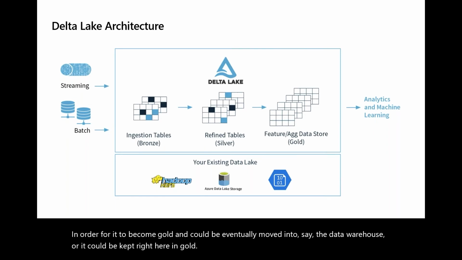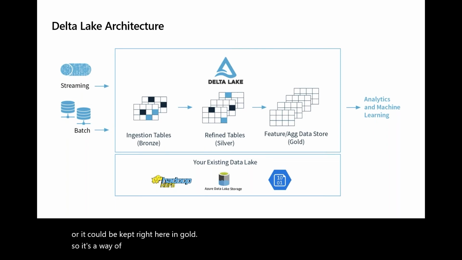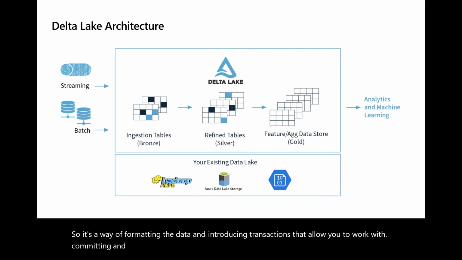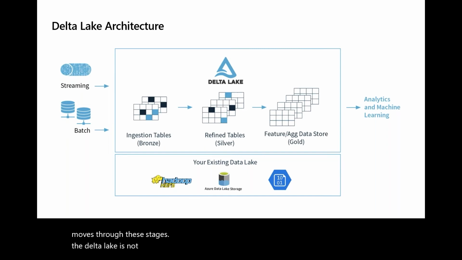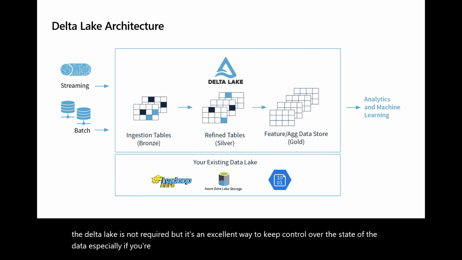So it's a way of formatting the data and introducing transactions that allow you to work with committing and rolling back changes and keeping a history of the data as it moves through these stages. The Delta Lake is not required, but it's an excellent way to keep control over the state of the data, especially if you're dealing with a lot of streaming or a massive amount of batch data, as you see here